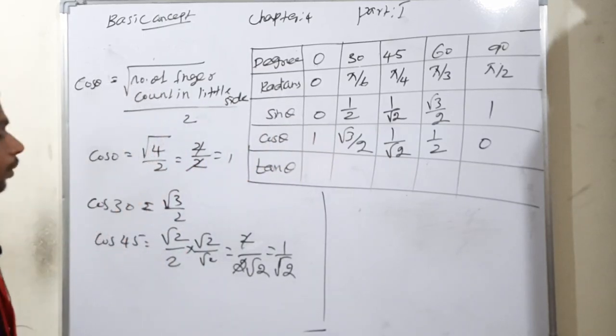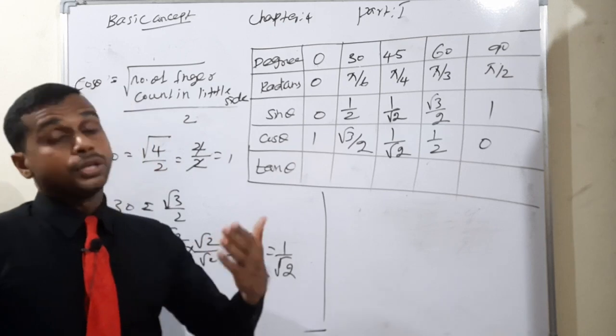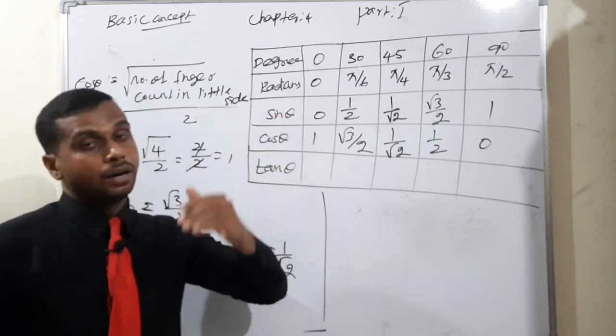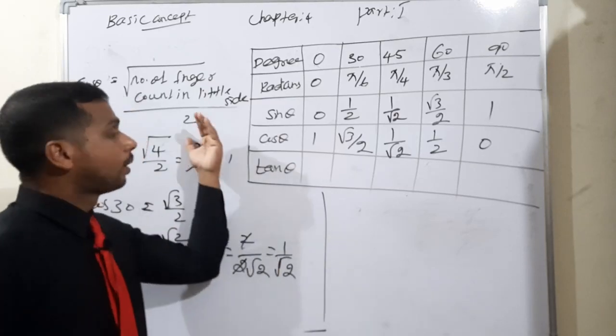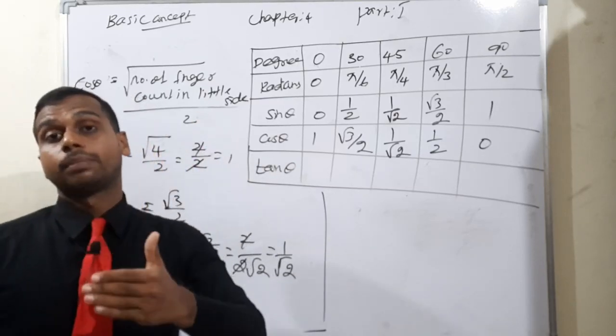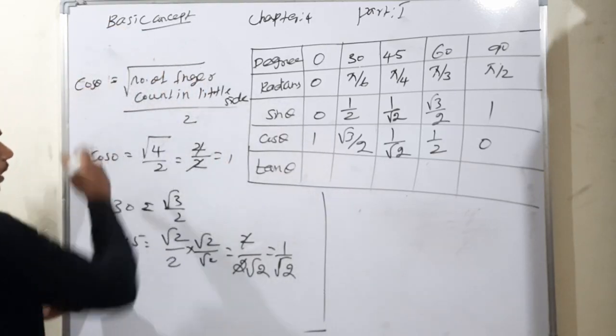Now, I think you can find the tan theta value very easily. What is the formula? You can apply two methods. One method: tan theta is equal to sin theta divided by cos theta, or, as I told you, the shortcut form: square root of the number of fingers on the thumb side divided by 2, and the reciprocal means the 2 will be cancelled. Therefore, tan theta is equal to